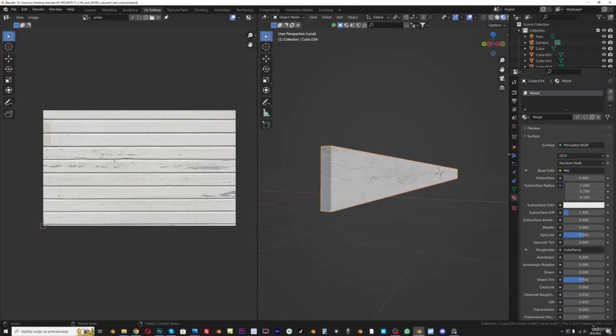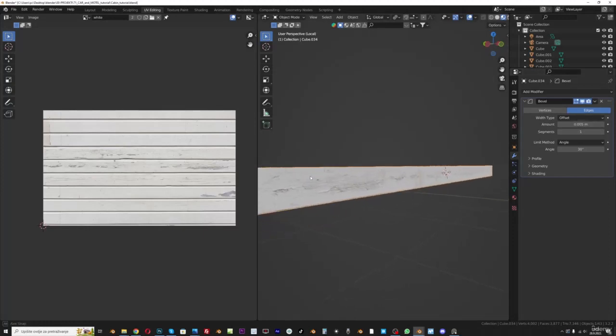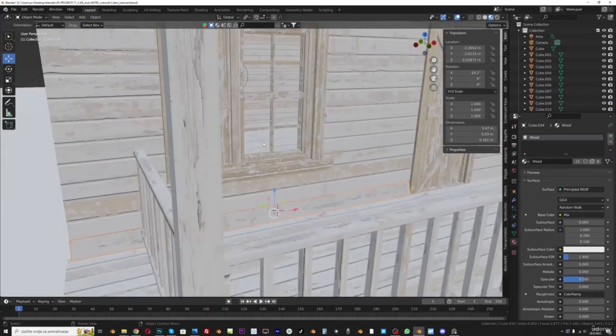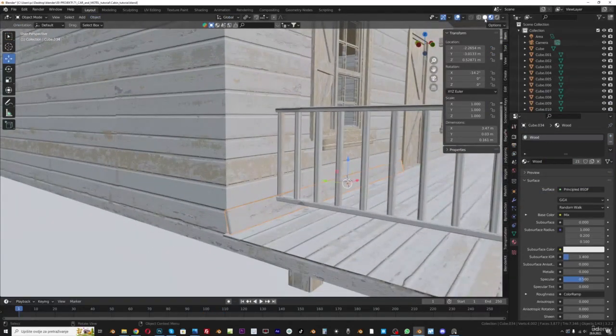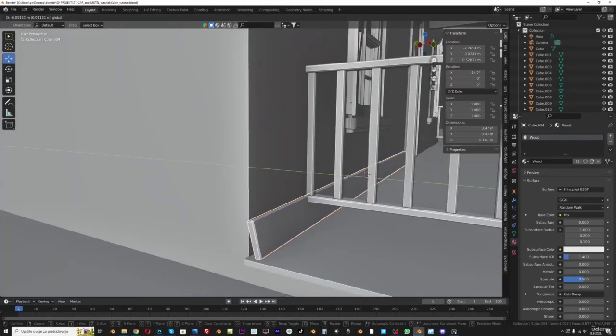And I will go here with bevel modifier to add little bevel here, and I will type maybe 1 cm here or 5 mm, so I will add here 0.5. Next I will rotate this on x-axis, so press R and X to rotate this little on x-axis, but I will see in layout how this look. So we can go to viewport shading here, and I will bring this to about here,